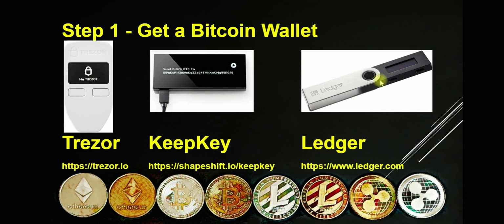That's why I actually own all 3 of these. The Trezor is nice because it's connected to Shapeshift. The Keep Key is also connected to Shapeshift. The Keep Key is a little bit larger, and it's a little bit more durable than the Trezor. The Trezor doesn't feel as solid and it doesn't feel as thick and durable as the Keep